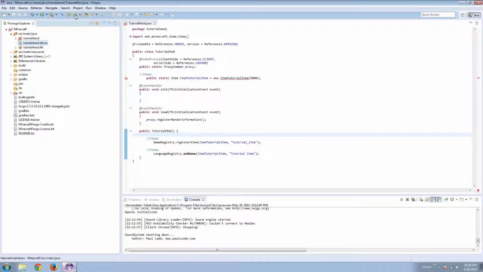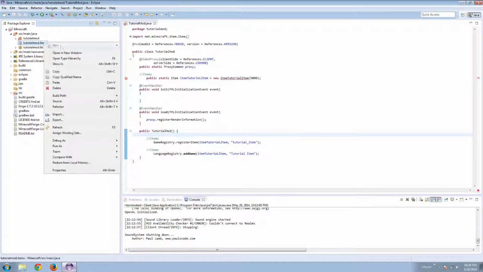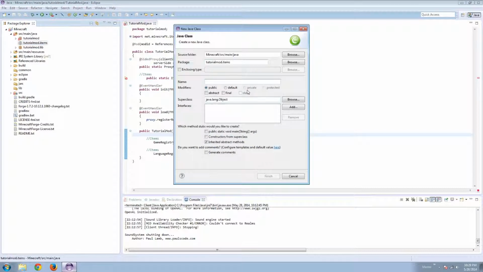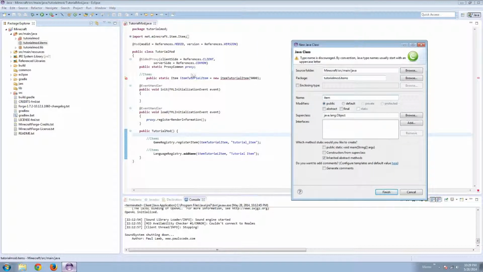Now you can go up here and just hit this, which is new Java class, or you can right click, new, and new class, and those both do the same. Now this will basically be the actual item where we store all the information. Sorry guys, I'm getting out of breath already, but it has to be the same name that you put in here. So item, tutorial,